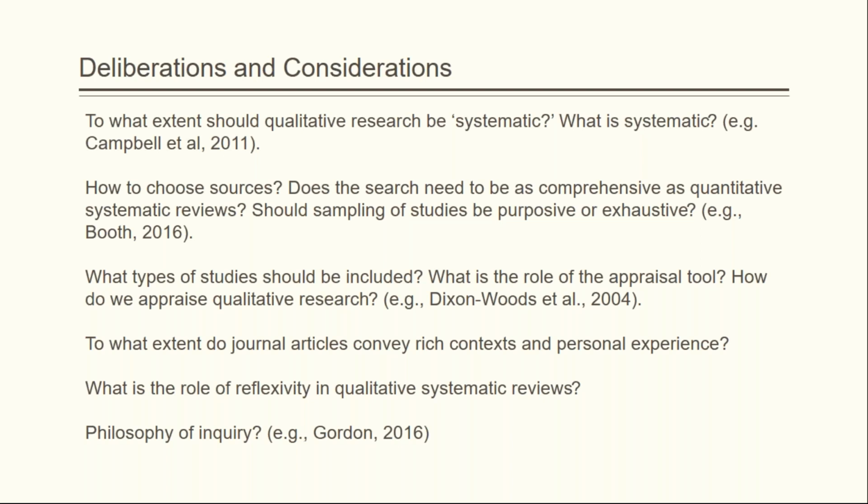And then the final area of tension that I want to talk about is around reflexivity. So if reflexivity is an important component of qualitative research, then how do we qualitative systematic reviewers compose a reflexive account? Some critical appraisal tools include reflexivity of the account, and you can say yes or no or maybe to the extent that an individual study did that. So some appraisal tools have that, but there isn't a lot talked about in terms of the importance of reflexivity in the qualitative systematic review write-up itself.